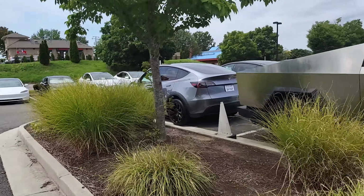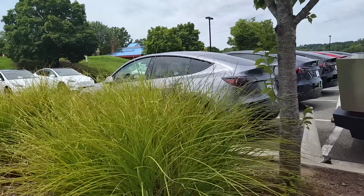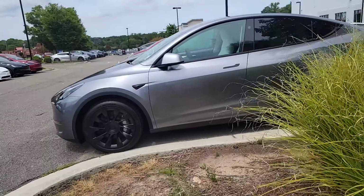Oh, Quicksilver. There's a new Tesla color. Why don't they make interesting colors? They just made a different shade of gray. Oh, that's actually kind of nice. Anyway,